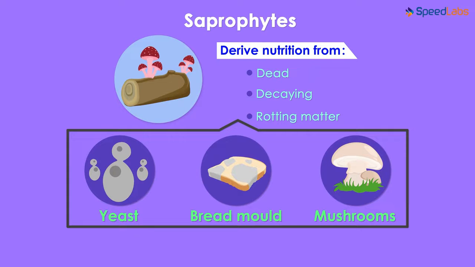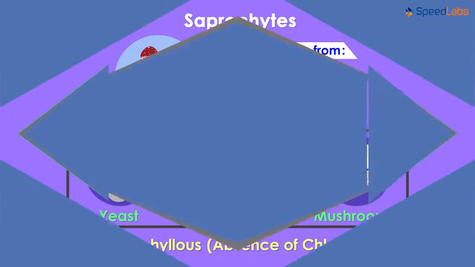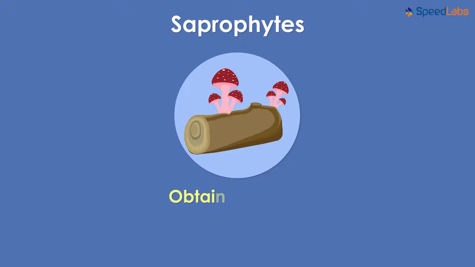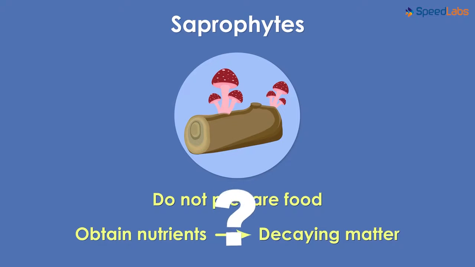These organisms in their true sense are achlorophylous. Wait a second, what do we mean by this? Well, it literally means organisms that do not possess chlorophyll pigment in them. Now the next question we have is, how do they obtain nutrition? If they do not prepare their food and obtain nutrients from the decaying matter, then how does the process actually